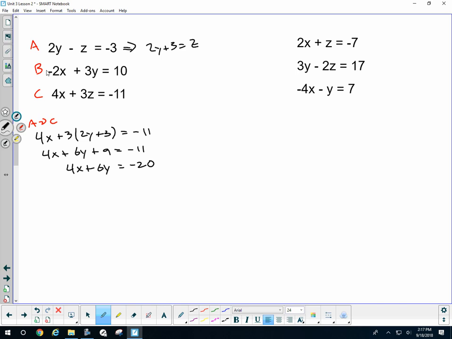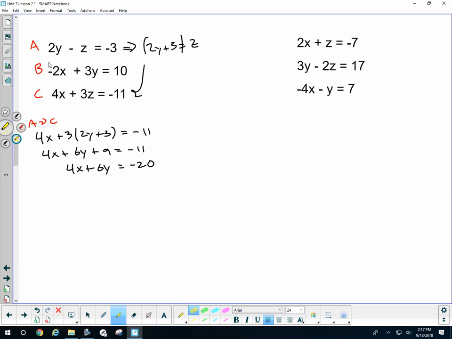So what should I do? Who's got an idea? Who discussed with their neighbors and feels good about what they should do? Isn't there that thing where you can put them into parentheses? It's kind of like substitution. I could put 2y plus 3 into parentheses and then substitute it in. You do elimination. Very, very good